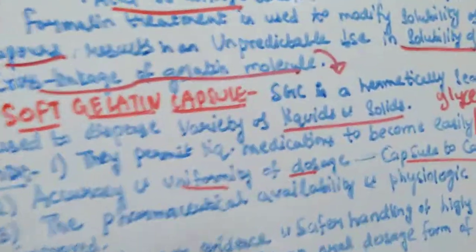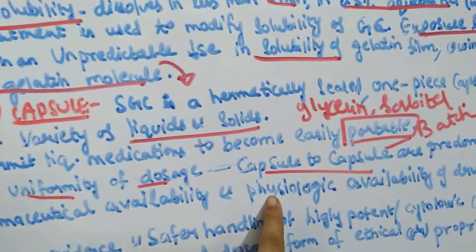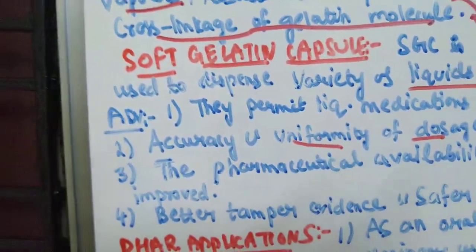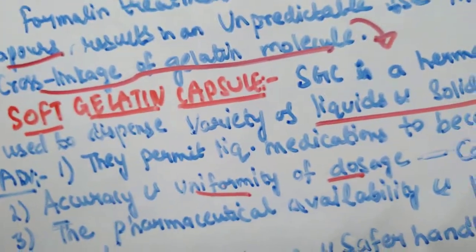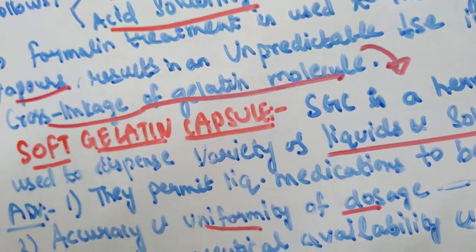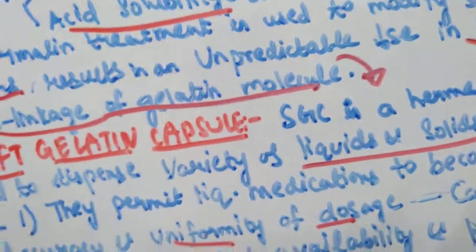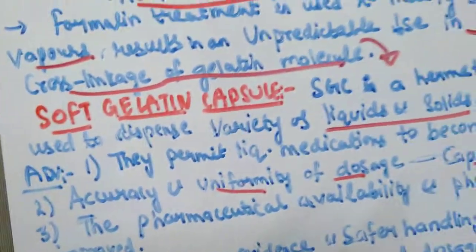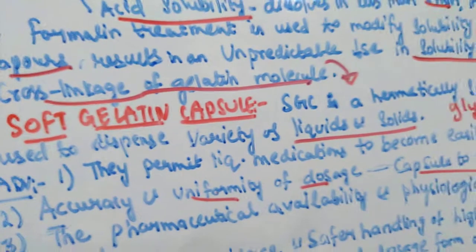Then also the pharmaceutical availability and the physiological availability of drugs is improved. So first let us see how pharmaceutical availability is increased. Pharmaceutical availability, you will measure it in terms of disintegration time or dissolution time. Whenever you are measuring the disintegration time and dissolution rate for this kind of dosage form, it shows an improved rate. So you can say that the pharmaceutical availability gets increased. The pharmaceutical availability of drugs formulated for this dosage form, as measured by disintegration time or dissolution rate, shows an advantage over other solid dosage formulations.